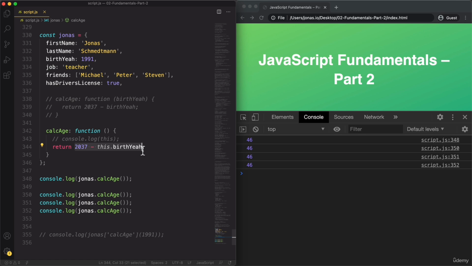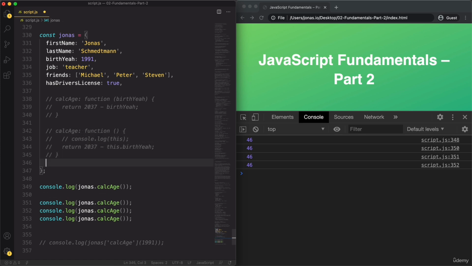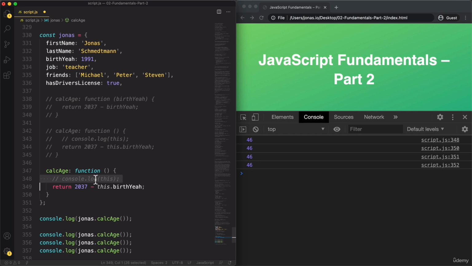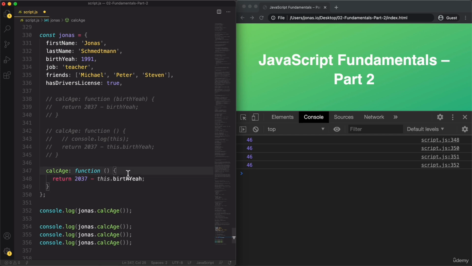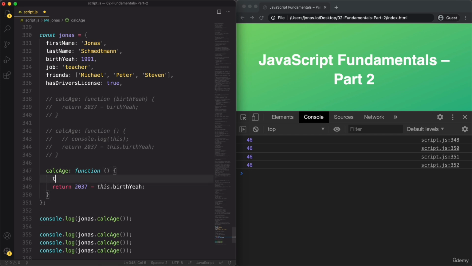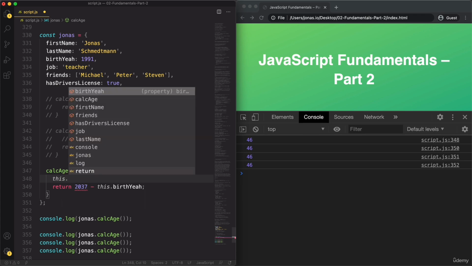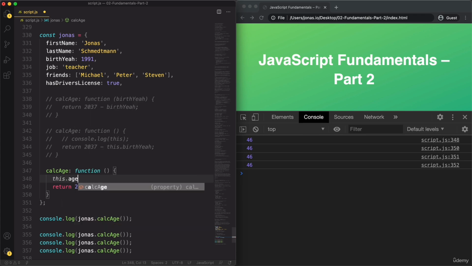Instead, what we can do is to just calculate the age once, then store it in the object, and then when we need it at a later point, we can then just retrieve the age as a property from the object. So I hope you're following me here. So I will again copy this and comment it out so that we keep all the 3 versions that we did here. So what I was trying to say is that we can now use the this keyword also to store a new property. So we can say this.age is equal to